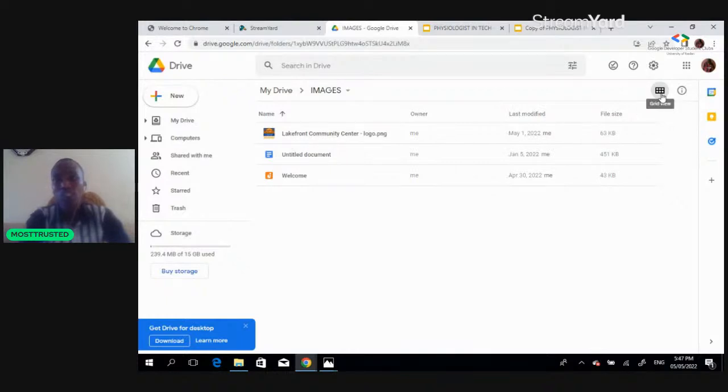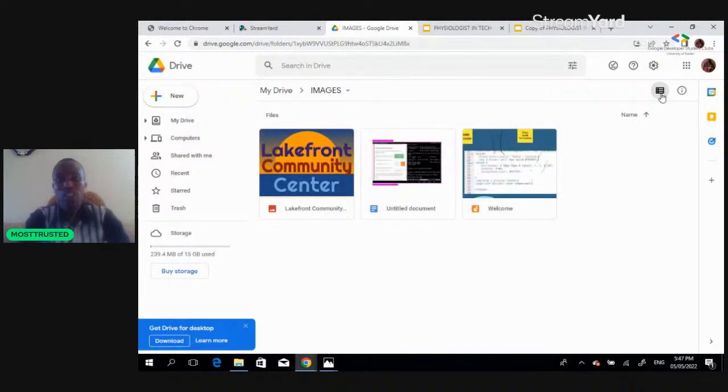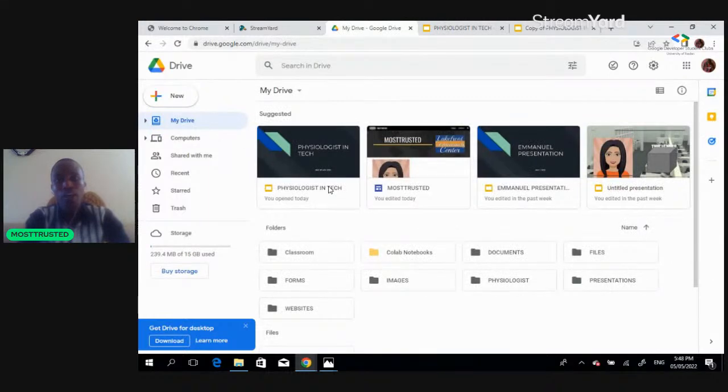Or I can just put it in a grid view for me to have a better view of what I'm doing. You can just put it like this, then you see this is the grid view. So it depends on what you want to do with it, or your preference of view. Now, another thing about this drive is